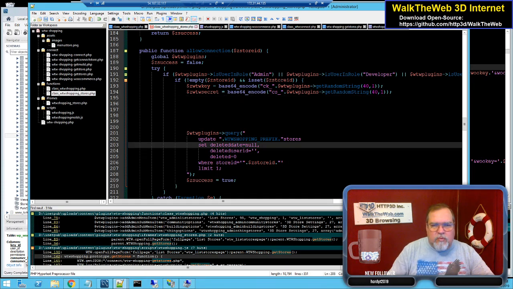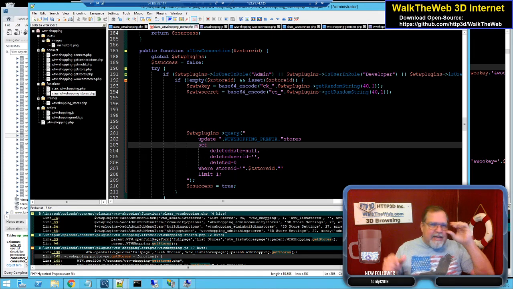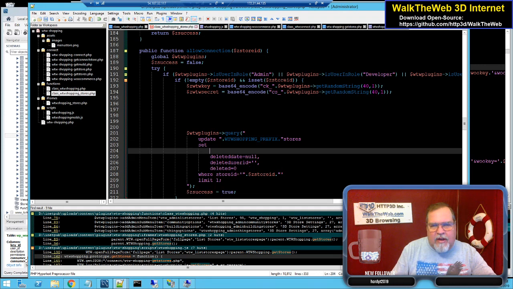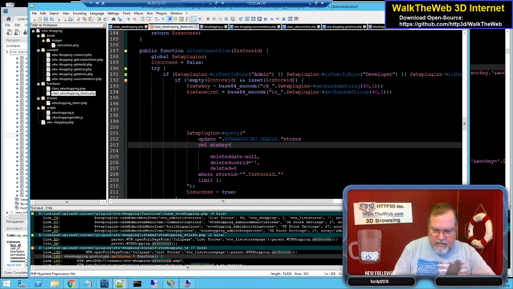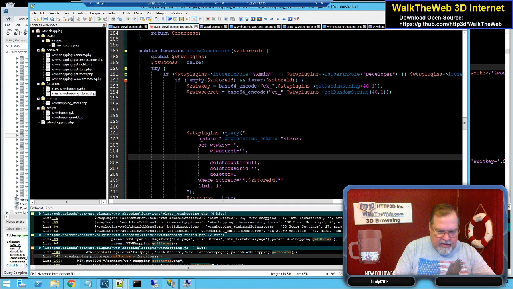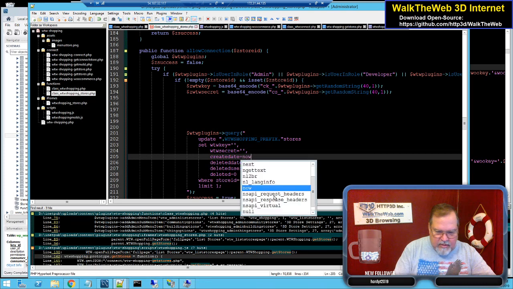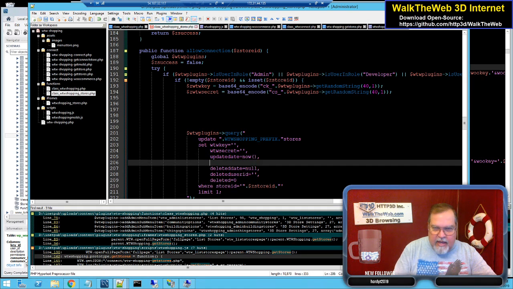Now we're going to write them to the database. And we're going to tell it it's been updated as of now. So that'll also take care of our update flags. So first of all, WTW key equals one value. WTW secret equals another value. And create date equals, sorry, it's not create date. Update date. I know it's redundant. Update date now, and